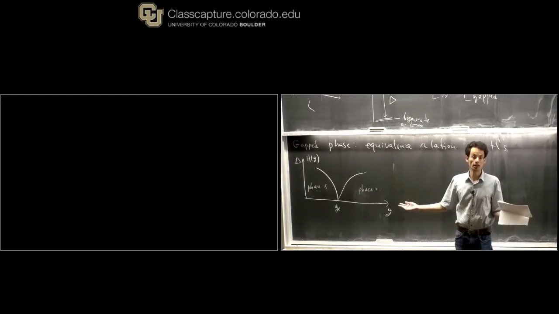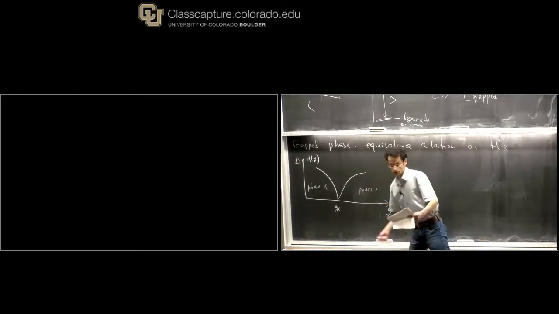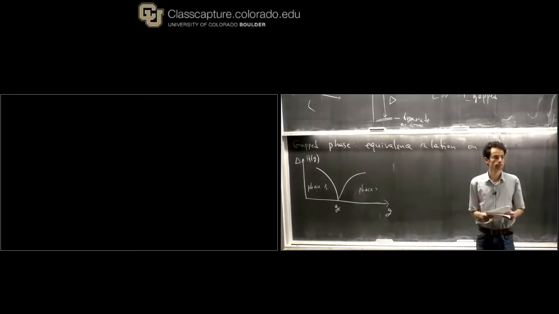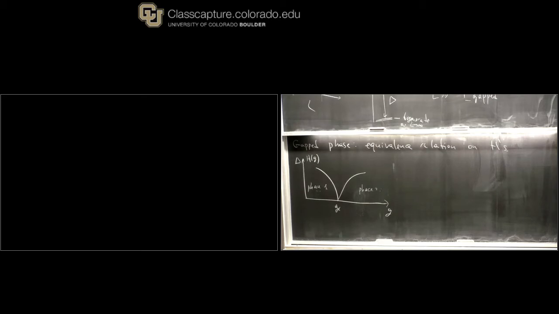But if such a path doesn't exist, then we say that these are two different phases. Other questions? Okay, so now why do we study gapped phases? So first, they're simpler, but they're actually still very non-trivial and rich. So we can make some progress and at the same time learn something non-trivial.